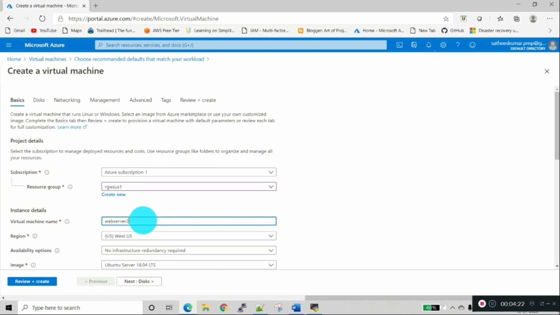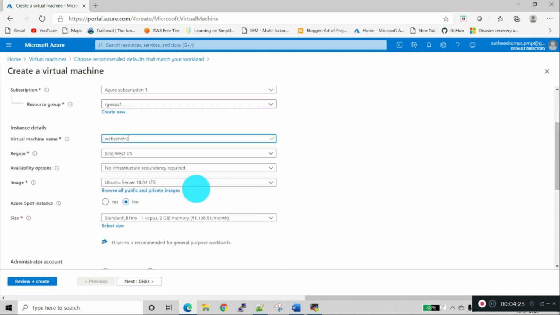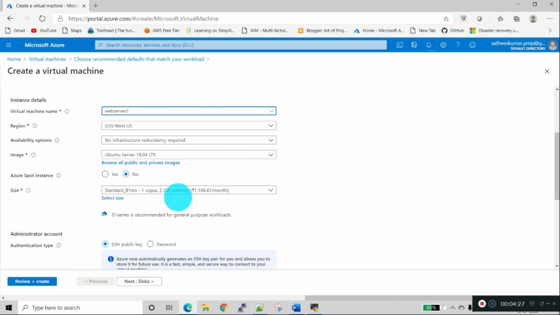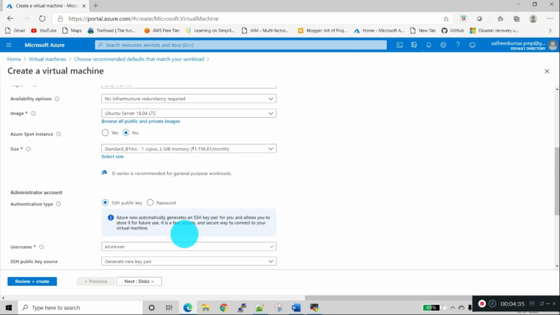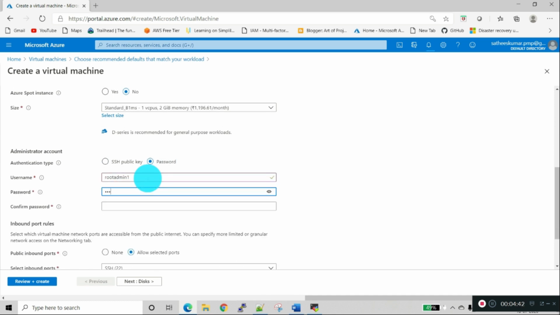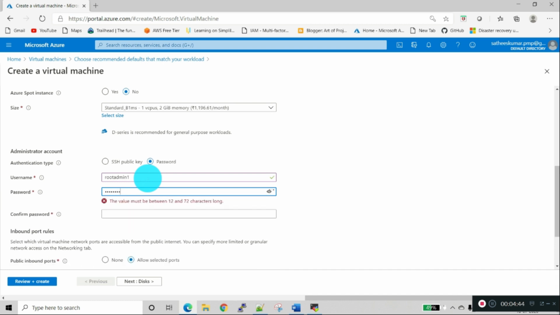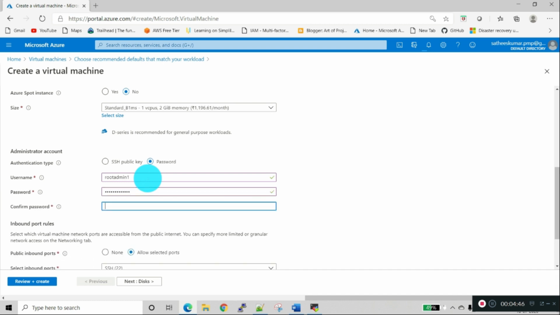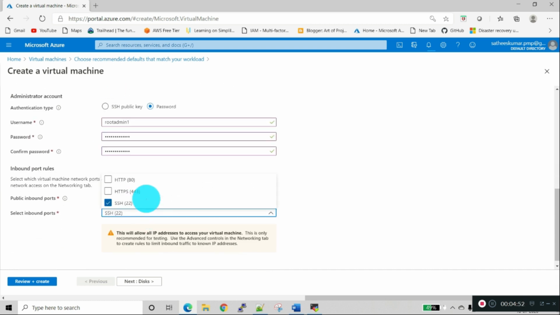Web server 2. Ubuntu OS, we will use the same standard size. We will select the password. We will enable HTTP also.